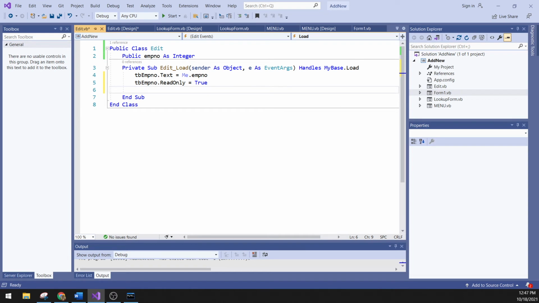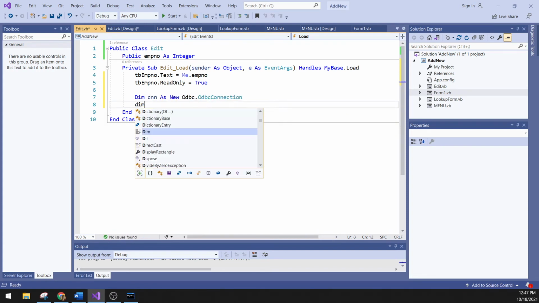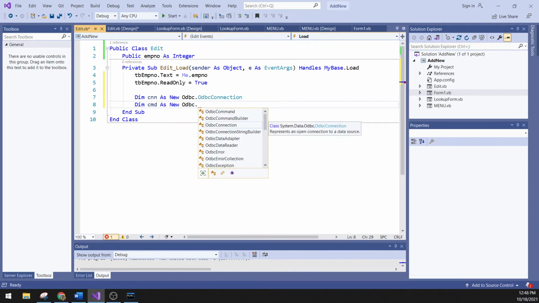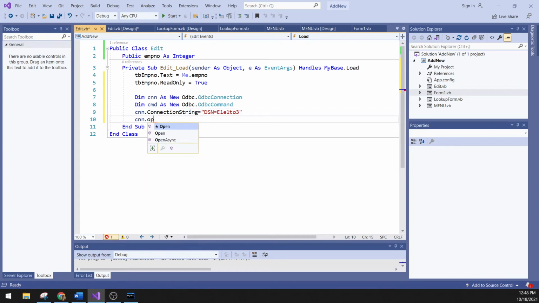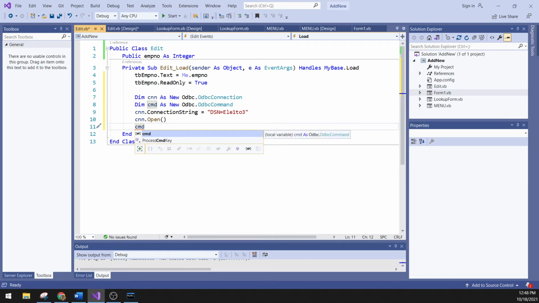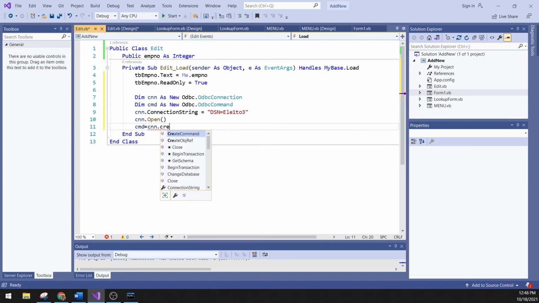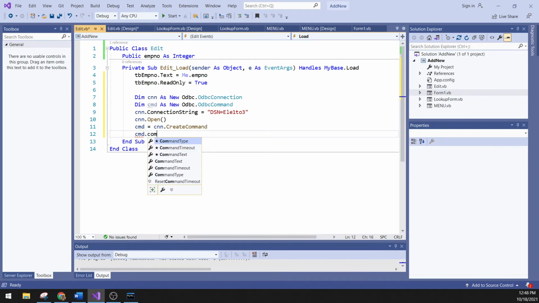And then let's have Dim cnn As New Odbc.OdbcConnection, Dim cmd As New Odbc.OdbcCommand, and then cnn.ConnectionString equals DSN l123. cnn.Open, cmd equals cnn.CreateCommand, cmd.CommandText equals